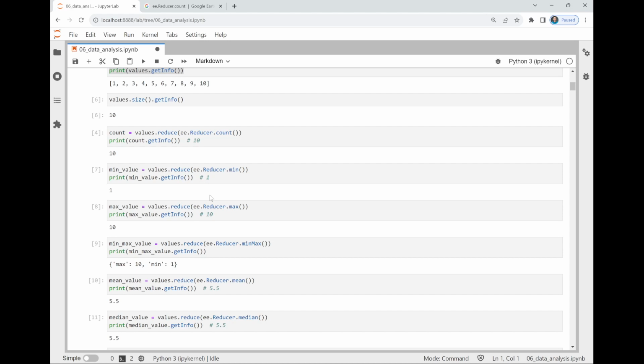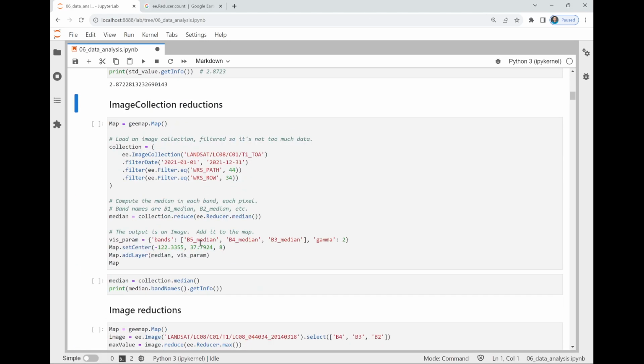So for example, I give you a DEM, and I'm asking you to calculate the maximum value, the highest elevation in your area, right? So that means you're getting a number out of a two-dimensional continuous image. So that's also part of the reduction. So the next example I'm going to show you is how to do the